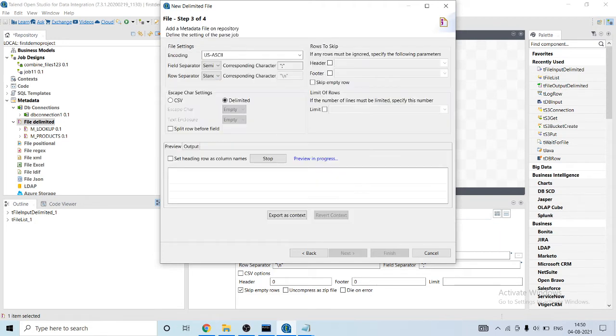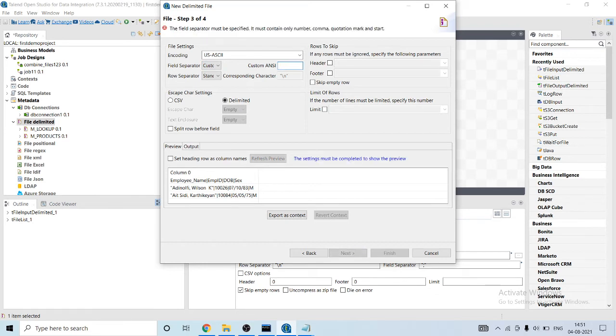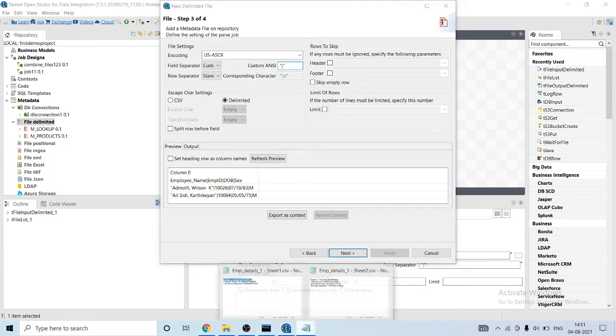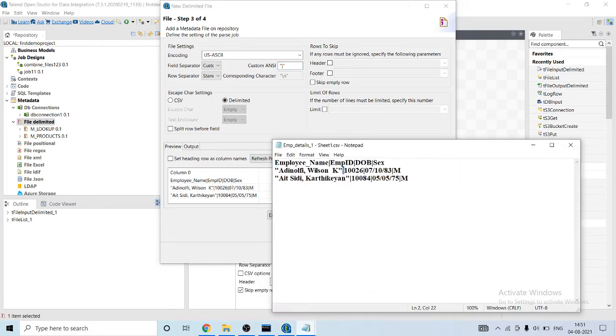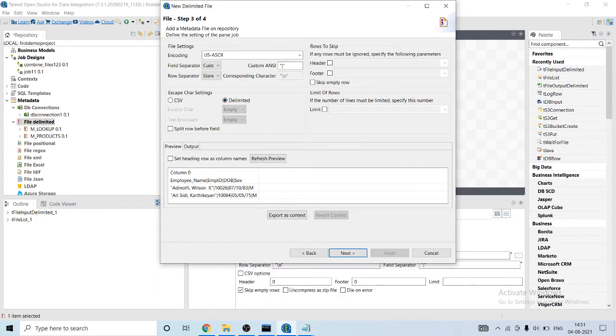Okay. We need to provide a field separator. The field separator is how the fields are separated. You can see that it is a straight line which separates them.